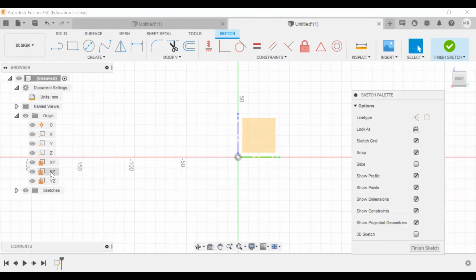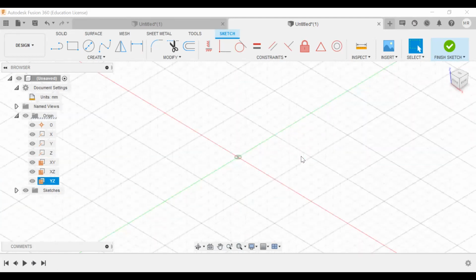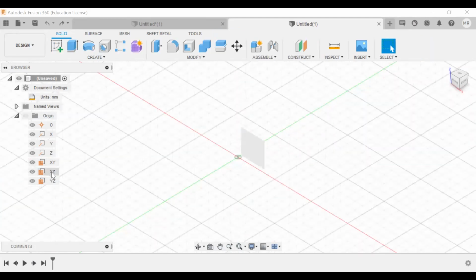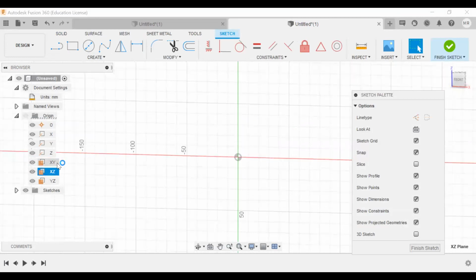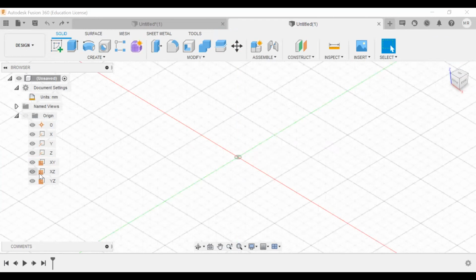It's already selected. That's why it is not getting changed. No changes happening for these two, sir. No, because you have already selected YZ plane. Cancel it. Please Control Z. Yes. Okay, now go for a sketch. Now this is the front plane. You can see the view cube also right inside. Most of the time we need to work on the front plane.